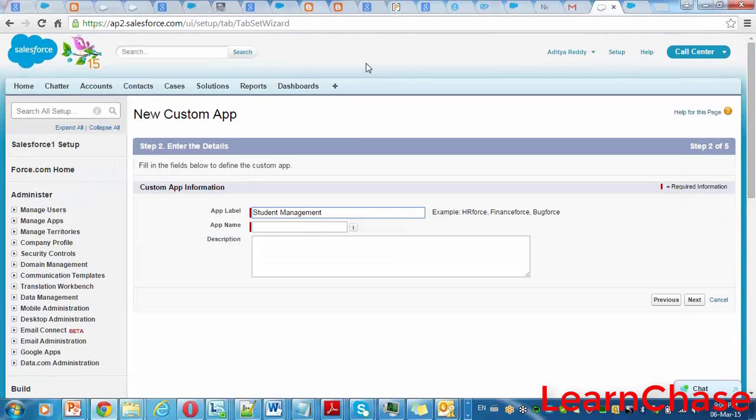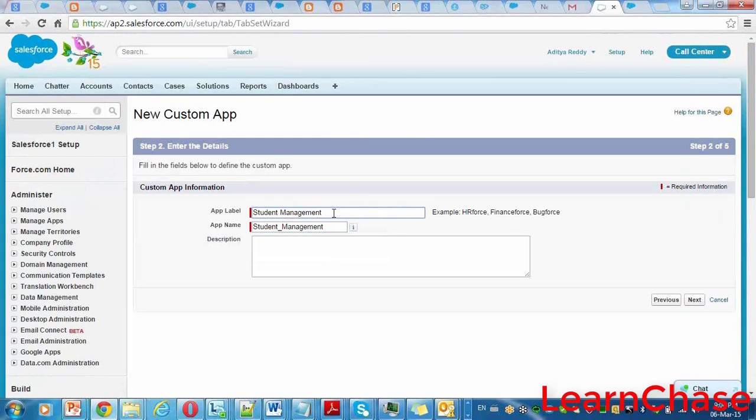For that I am giving the name student management. This is the label that is useful for display purposes. This is the name that you use while coding, and for internal purposes.